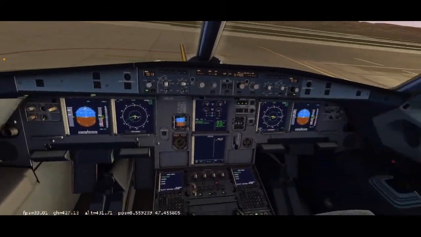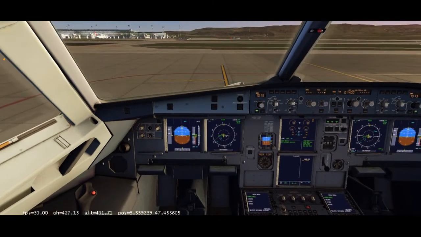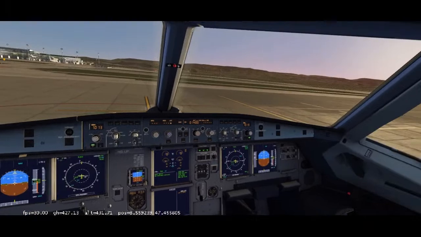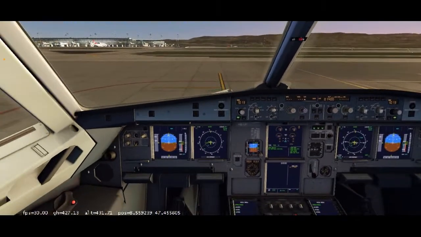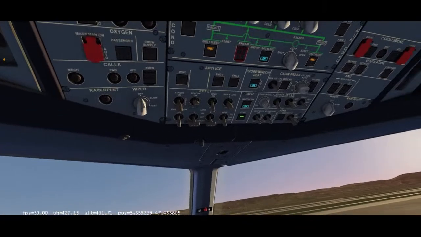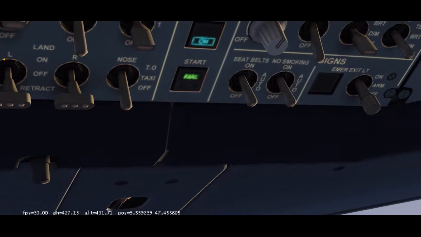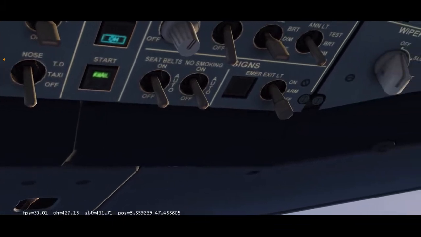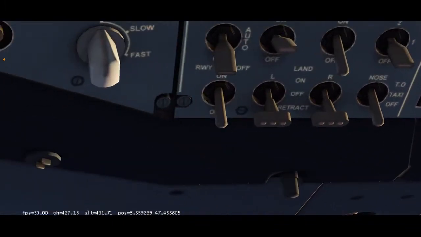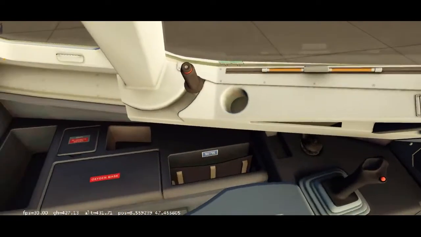So, now that we have that all completed, I usually just do a double check. Double check your work, trust me. You might think you did everything, but you might have missed something. So I usually go back to my before start checklist, and I make sure, again, that seatbelts are on auto. Boom. No smoking, auto. Emergency lights, armed. Beacon light, on. Windows, again, checked.